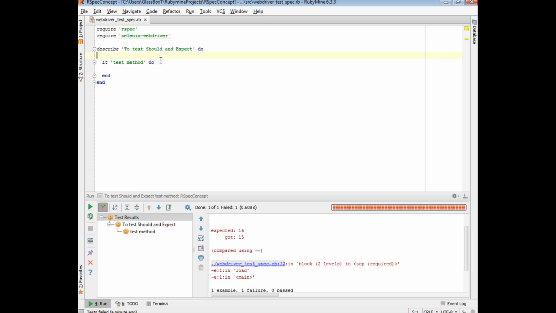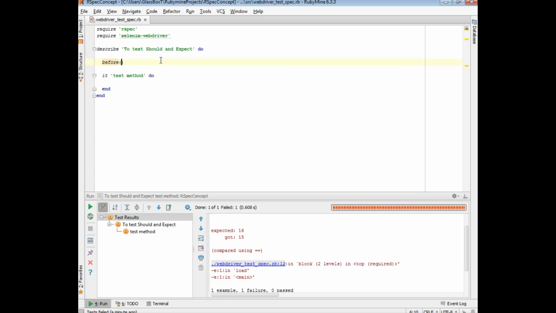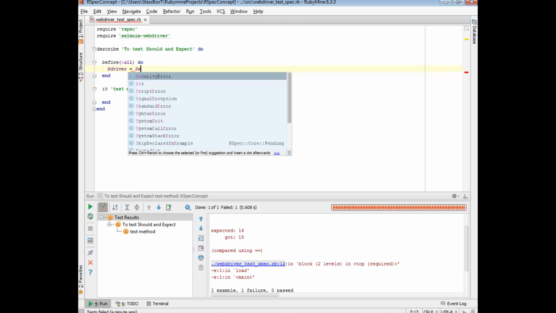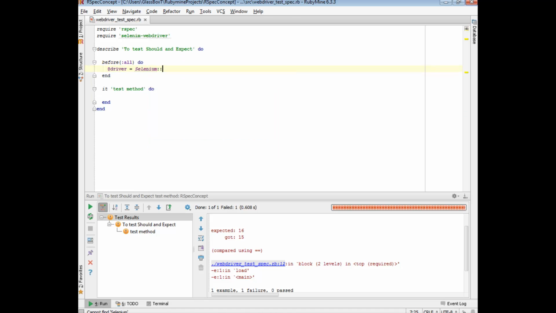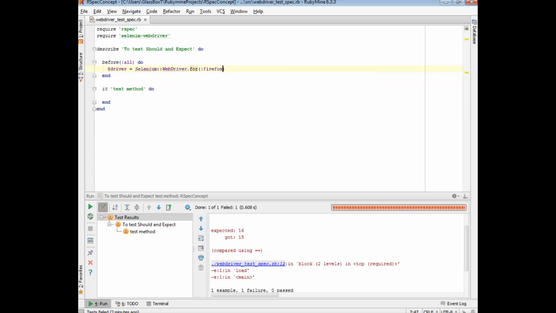What we're going to do is quite simply make a brand new driver object, and we're going to say Selenium WebDriver for Firefox,